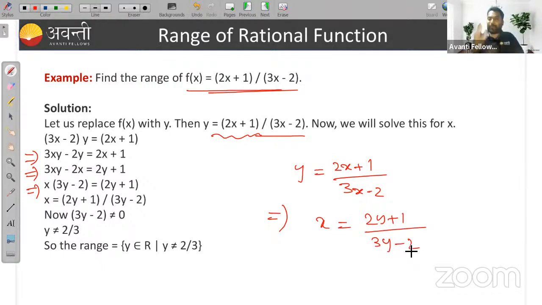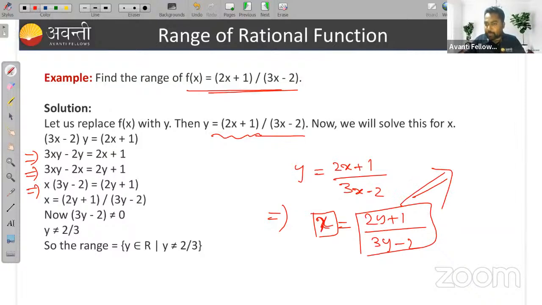So for the range, we need the values of y. It's very simple. Listen to me carefully. For the range, we need the values of y. Understood or not? Okay. So for which values of y is x not defined? That is my range. So here, x is equal to (2y plus 1) upon (3y minus 2). So when this is not defined,